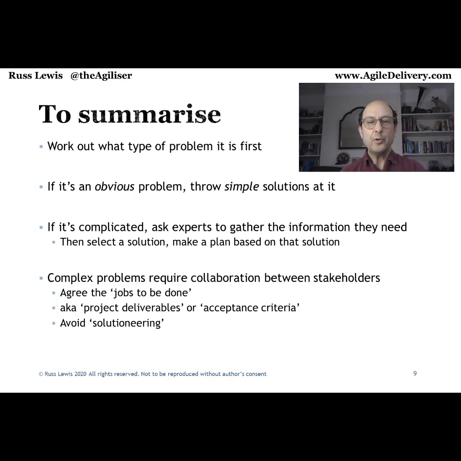So there, what we want to do is avoid solutions until you've agreed what it is that the outcome is going to do. What job does it need to do? And how will we test that? That requires a lot of collaboration between those stakeholders. There's a lot of negotiation because everybody will want their own ideal. So in a complex domain, you're going to get collaboration between disparate stakeholders. They've all got their own ideals, but you find a common ground.